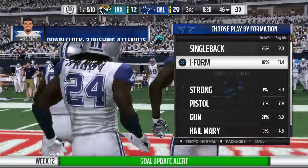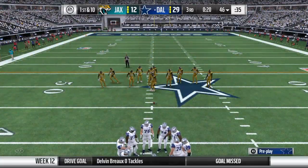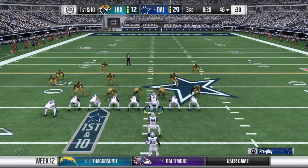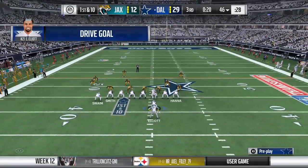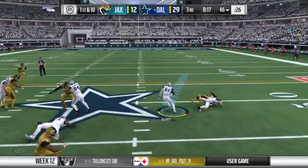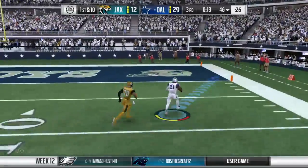And now here come the Cowboys. And that recipe on their last drive that resulted in a touchdown looked pretty good, so they'll be hoping to do that once more. And it takes me back to when we sat with the offensive coordinator and the head coach. They felt pretty good about their game plan and thought there were some holes in the defense, and they exploited them the last time out. Let's see if they can come back and put together a similar drive. And we'll see if they...